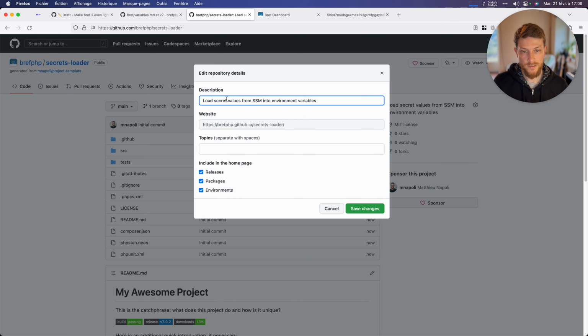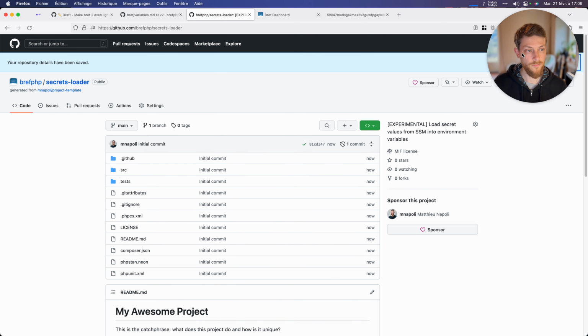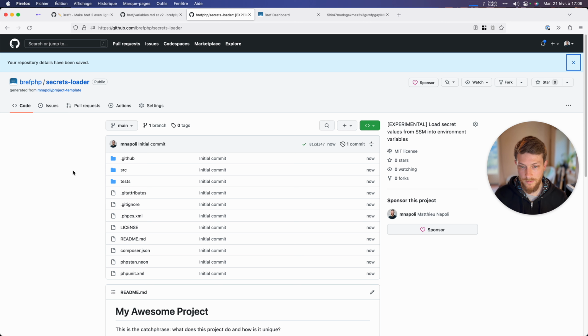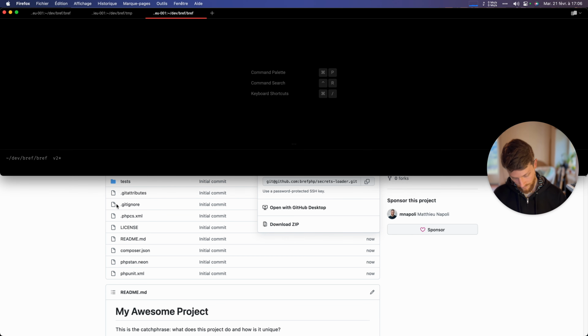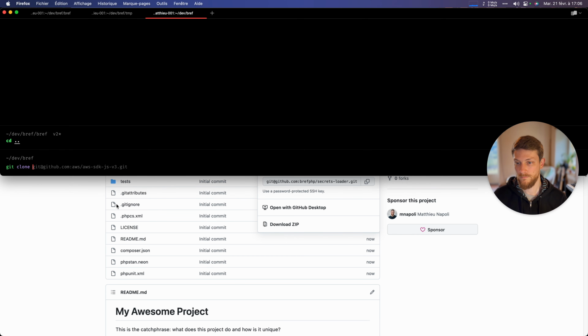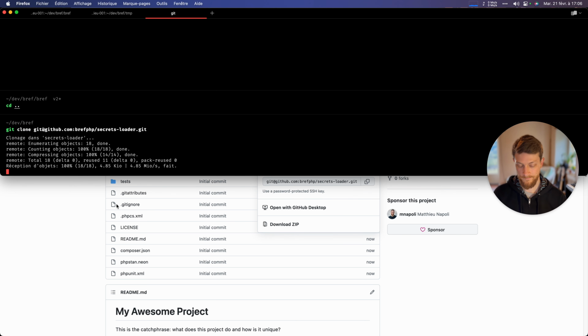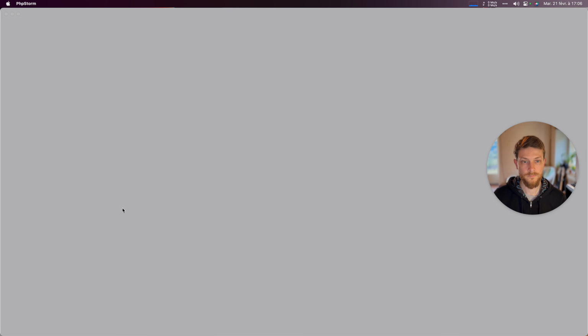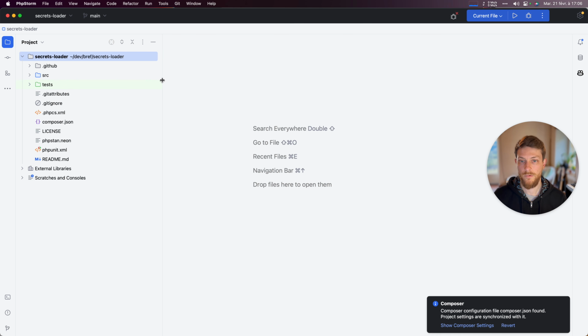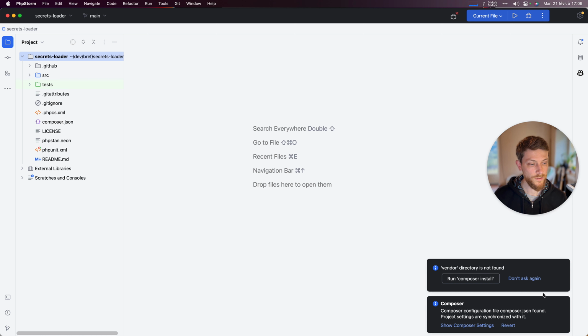And I like to do this when I start working on something experimental. You know, people look at new projects, so I want to be a bit more explicit. Let's clone that. Okay, we'll worry about the README later. What we'll do is